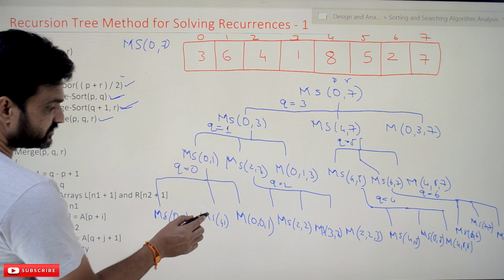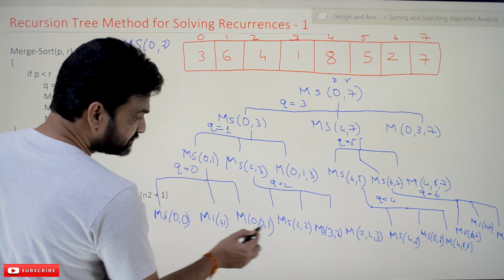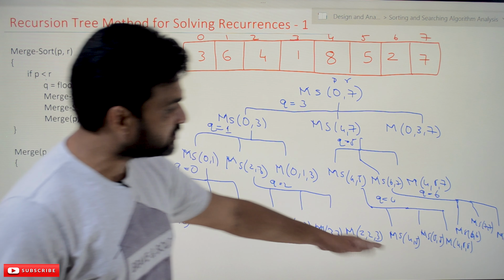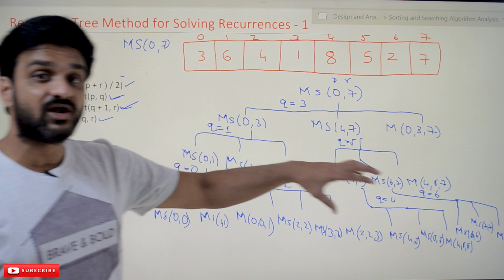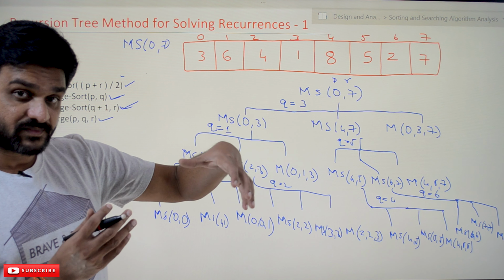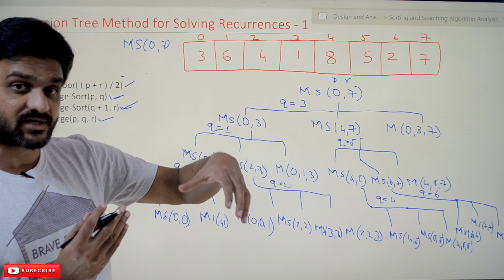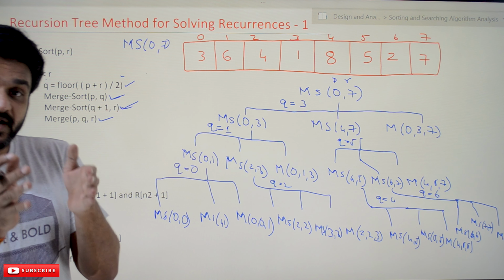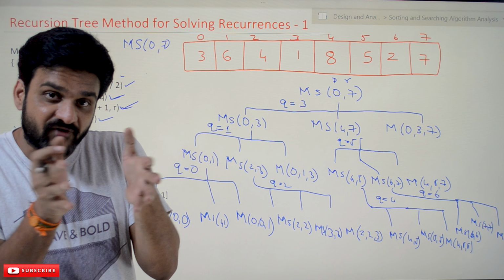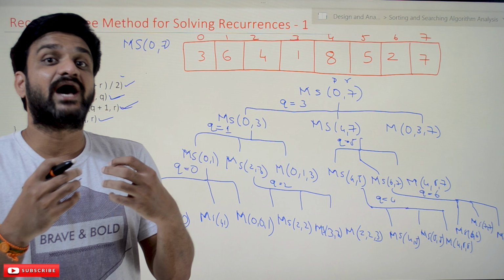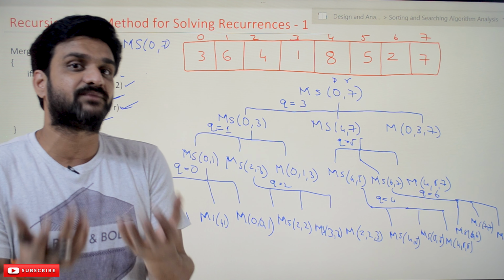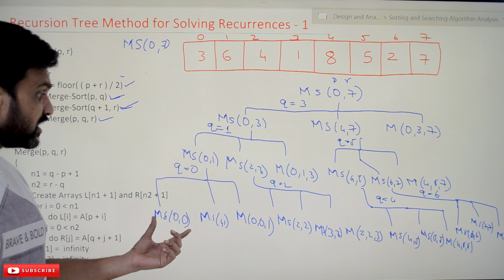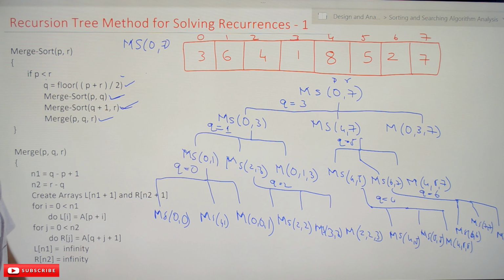So we are going to stop its execution. This also will not work, and now this part will get executed. Okay, so these function calls are not extended further, because in all of them the values of P and R are equal. Whenever the values of P and R are equal, that means we have only one element to get further divided into subproblems. As one element cannot be further divided into subproblems, we are going to stop its execution. This is where the recursive function calls will stop their execution.